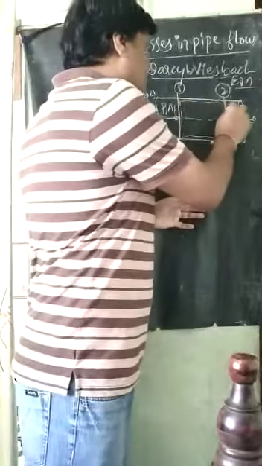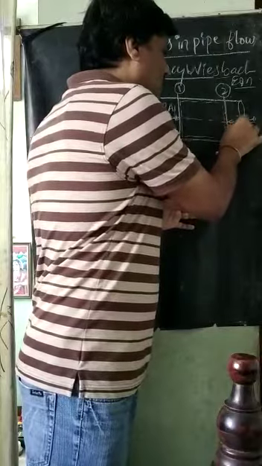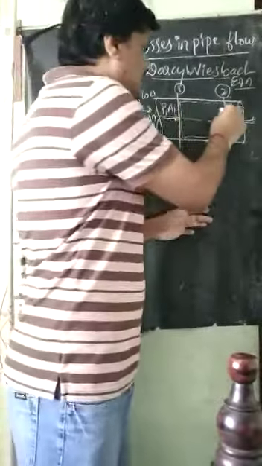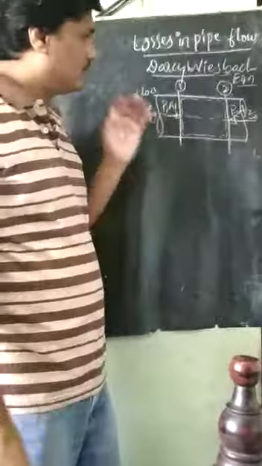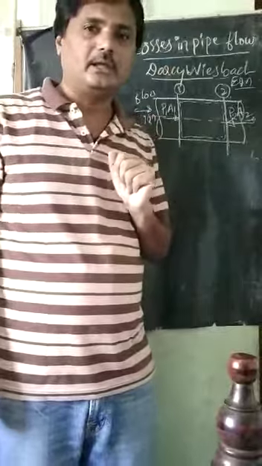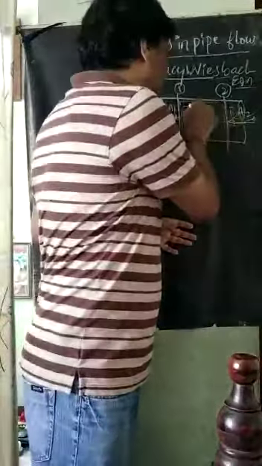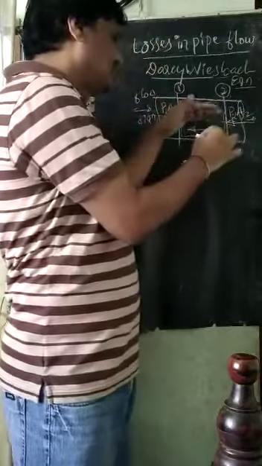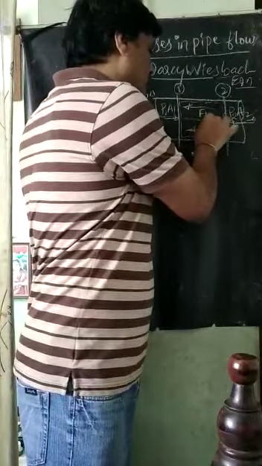Here A1 is the cross-sectional area at section 1. Next, at section 2, the pressure forces are always compressive in nature. So the opposite pressure force is acting, that is P2 into A2 here. Next, the friction is there. For that we are deriving here. We are assuming there is a frictional resistance opposite to the flow. Flow is taking place in this direction. The frictional resistance opposite to the flow is F1 here.